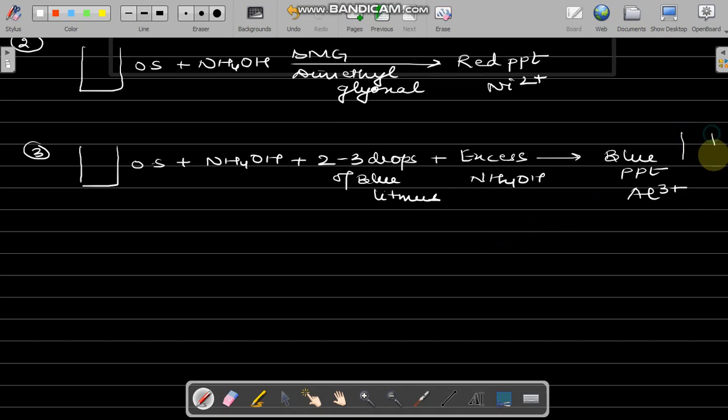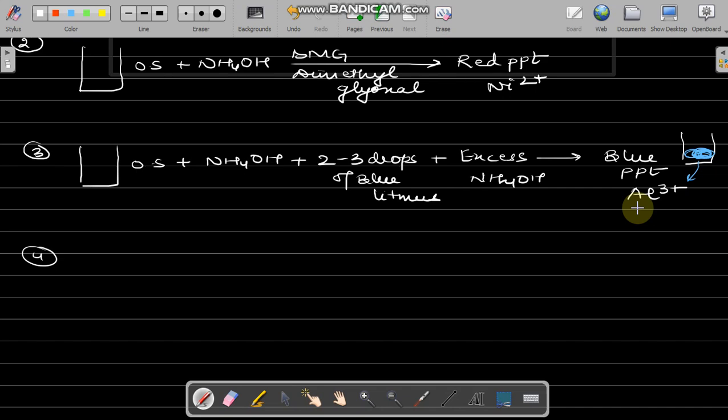Like this is your test tube. It is colorless. When you have added everything, a blue PPT has come. It shows the presence of Al3+. Fourth step, if this also did not come, it means your aluminium, which is present in the third group, is absent. It means your third group is also absent. Your fourth is also absent. Your second is also absent. We have shown these as absent.